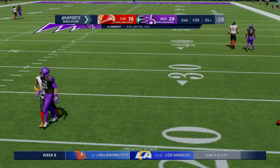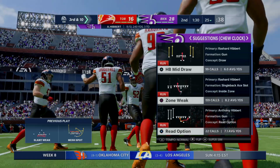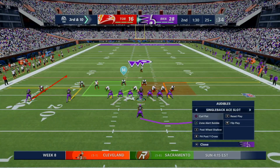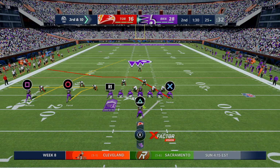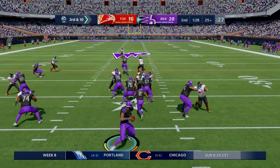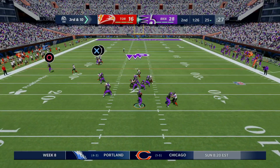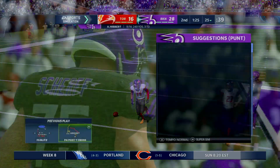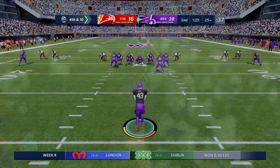Hit as he throws there, incomplete. The intended receiver was Thaddeus Moss, and it'll bring up 3rd down and 10. On play action, they'll throw, and that is incomplete. That might be the 3rd down stop that they needed because they've had a lot of